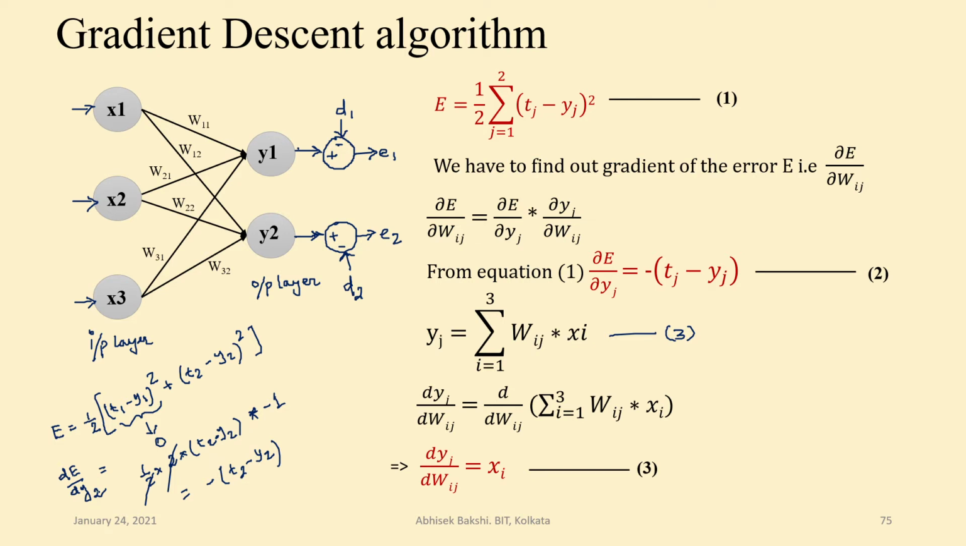Now if you consider yj in place of 2, it will become tj minus yj. What is given on this side? So the derivative of error with respect to yj will be minus tj minus, within bracket, tj minus yj. It's very clear. And also we know what yj is. That is